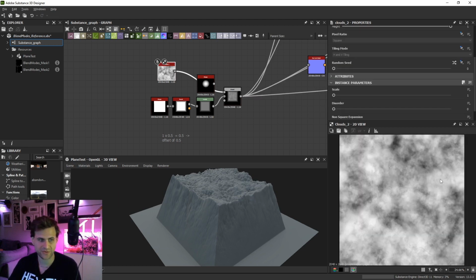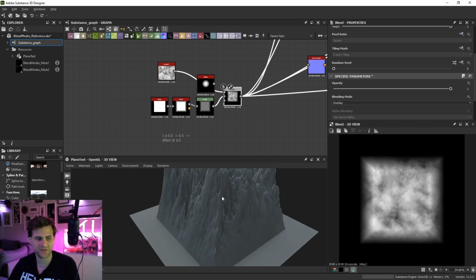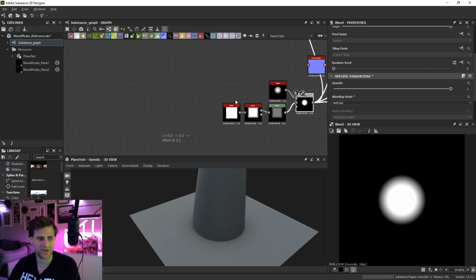So wherever there's a bright value here in the foreground, the pyramid here is going to grow up. And wherever there's a value that's below 0.5 in this foreground image, it's going to get pushed down. And where there's a value of 0.5, nothing happens. So this is really good at just overlaying detail. I usually have it quite low intensity, because if I wanted something more intense, I'd probably use a different blend mode. A really classic example of a place you can use this is, let's say you go back to our